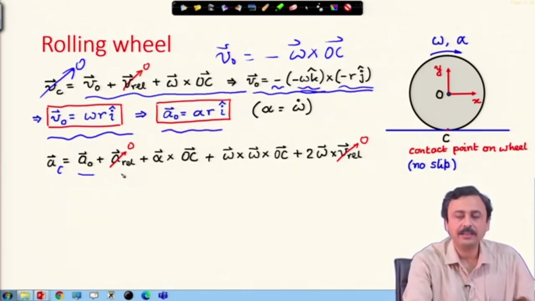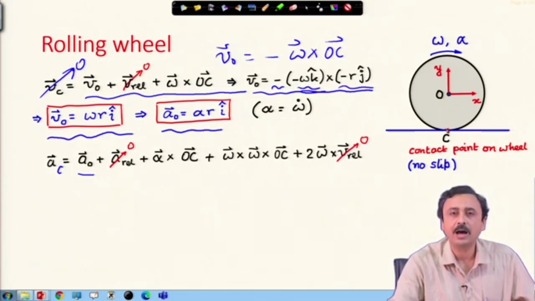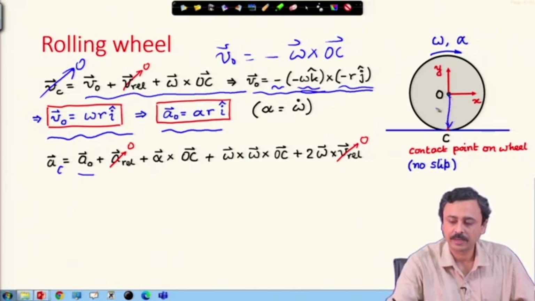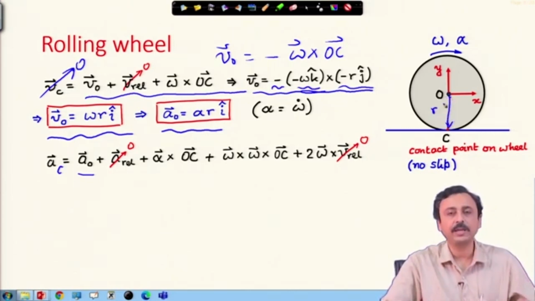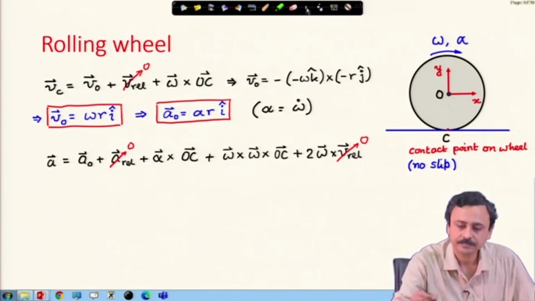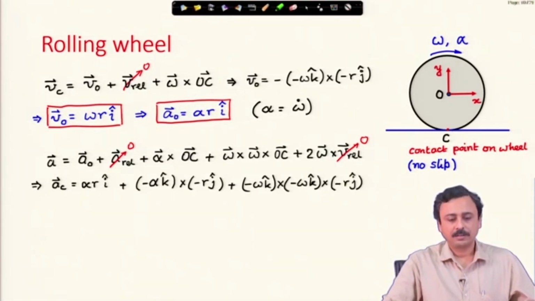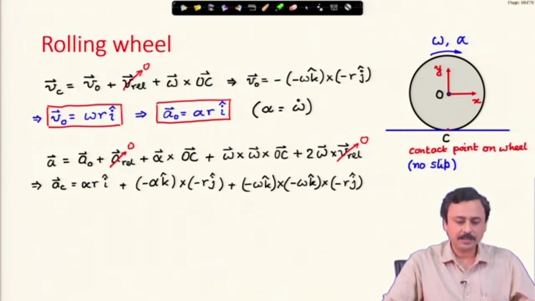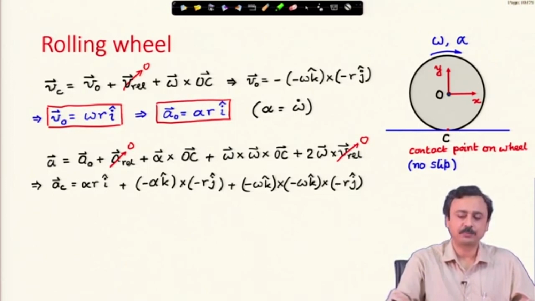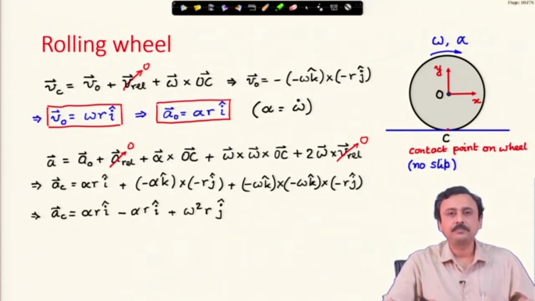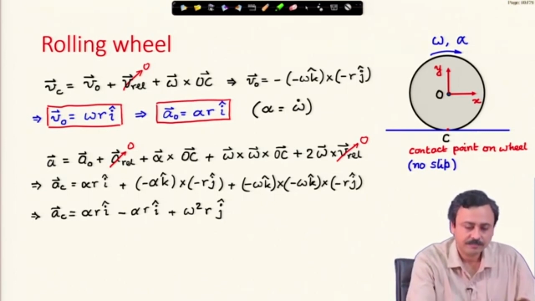Acceleration of O, A rel is 0. Why? Because O and C are points on the same rigid body. Therefore, A rel is 0, plus alpha cross OC plus omega cross omega cross OC, again V rel is 0, therefore, 2 omega cross V rel drops out. Okay. So, this is the acceleration of C. I have plugged in the various expressions, and if I do this calculation, finally